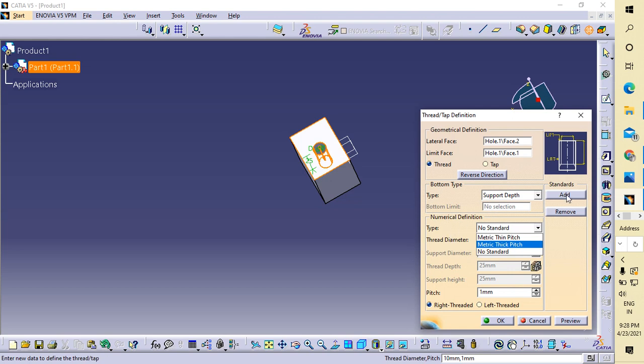Okay, add standard. Type bottom, type support to depth, type numerical definition, thread diameter, left threaded, right threaded, no problem here. Okay, I will select metric thick pitch.